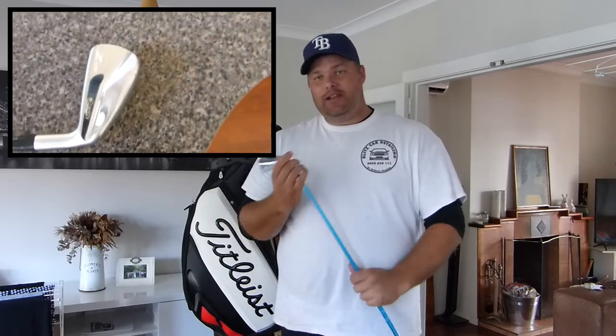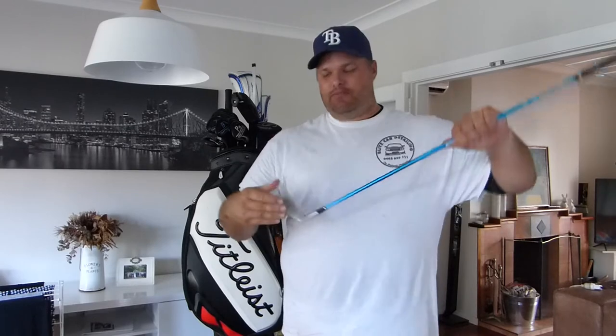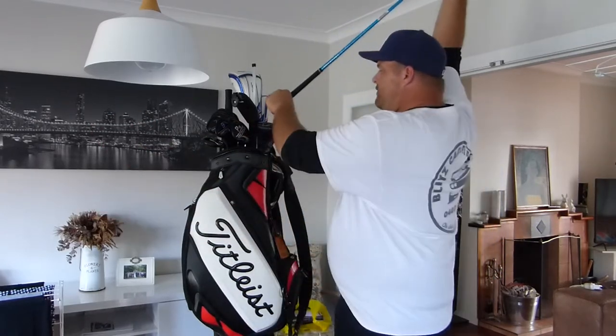So really love this club. I know a lot of people talk about driving irons, but I usually find, I know it's a hard shot to hit because the face is so closed in. But if the face is not properly square at impact, then it's probably going to go left and right for any club. So that's the top there. So from there,